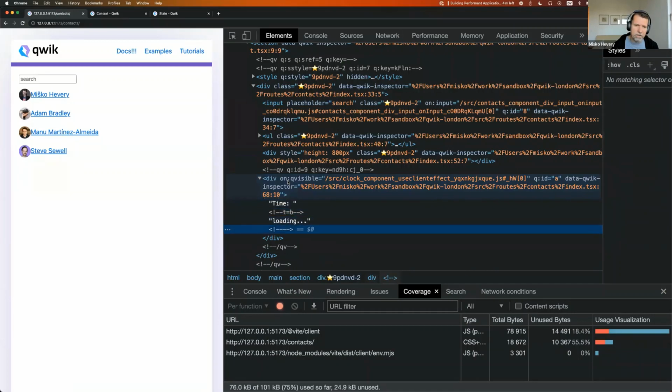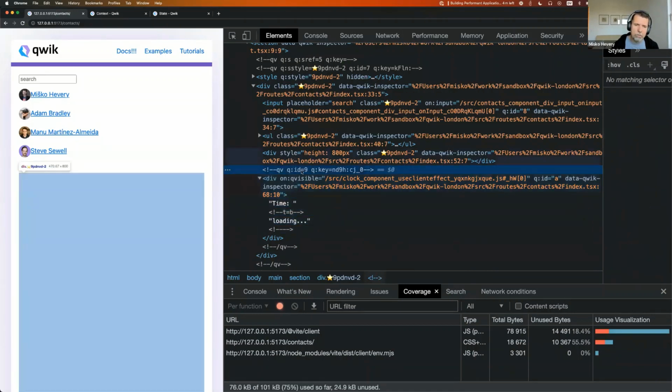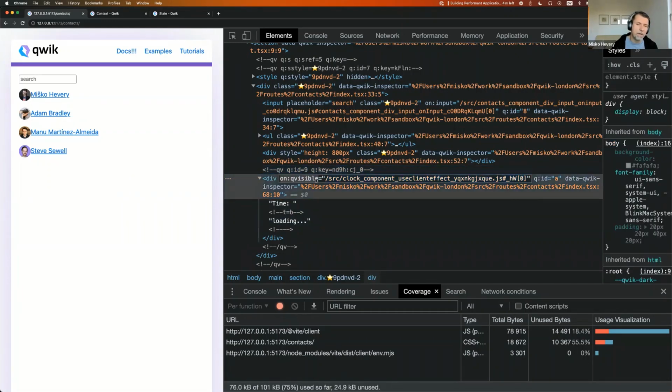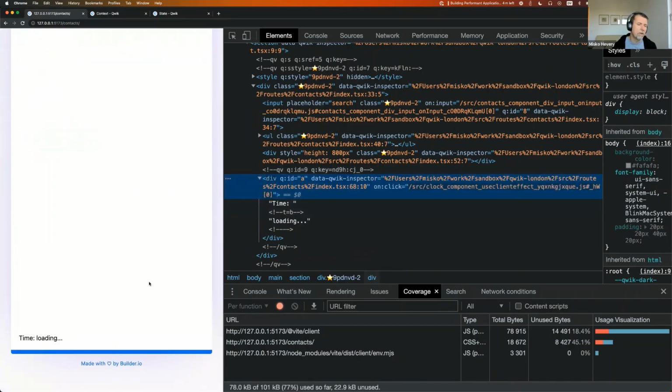And so here's our clock, right? So you can see over here, and what you can see here is that there's this Q visible. This is a component. This is an event that the system can do. And what we can do is we can mess with this, and we can just say, actually, it's on a click. Now, when I scroll the component into view, it no longer does anything, but now it listens to a click event. So if I go and I click on it,